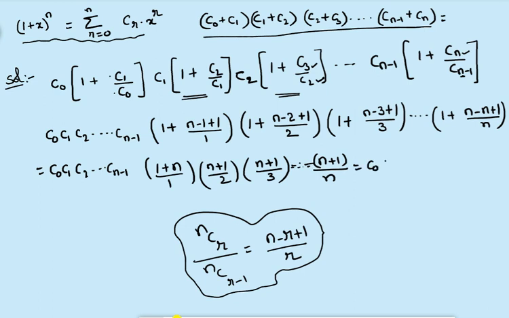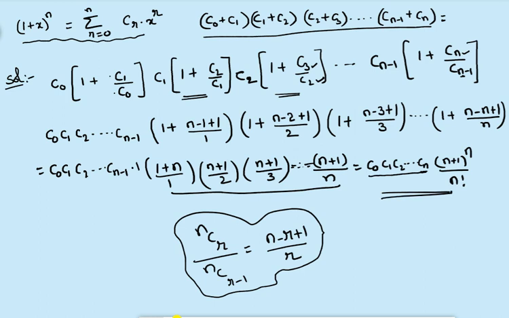So this we can write as C0, C1, C2, and so on up to Cn also we can write. Why? nCn is equal to 1 only. That's why here we are multiplying with 1. Is there any effect? So C0, C1, C2, and so on, Cn into n plus 1, n plus 1 is there how many times? n times. That's why (n plus 1) whole to the power of n divided by 1 into 2 into 3 into and so on n. That we can write as n factorial, right?